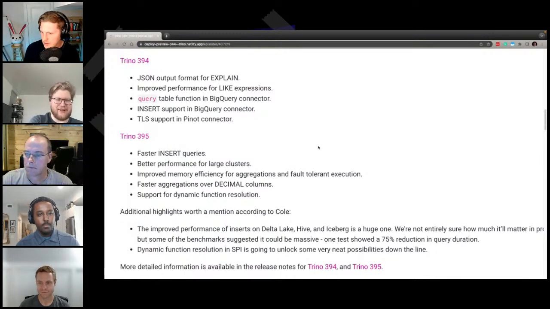The 2 that I think are the most exciting from these 2 releases: that faster insert queries bullet point is a huge one. We're going to talk about it a little more later on as well, but from the tests that we've been running, it is on the scale of 6 times faster or 4 times faster. It may not be exactly that much faster in production inserts, and it depends on the scale.